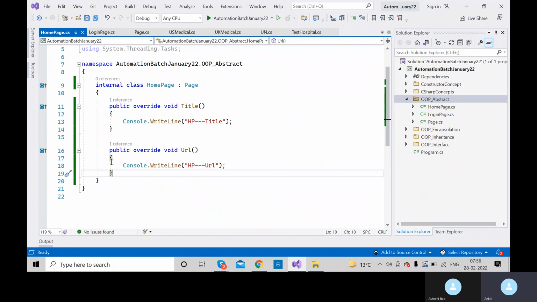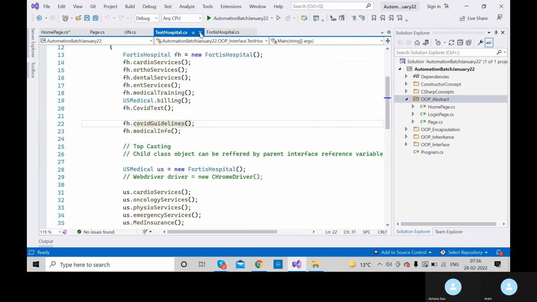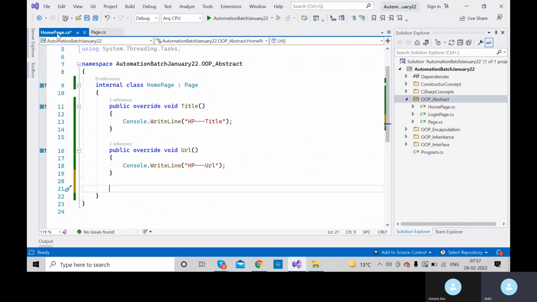Let's create just like a header. The header might be the same, that depends. If the header is changed, if I say the home page header would be different, then I can override the header as well. Let me close these interfaces. Just like we have header over here, we can create the overridden header as well. Let us say public void